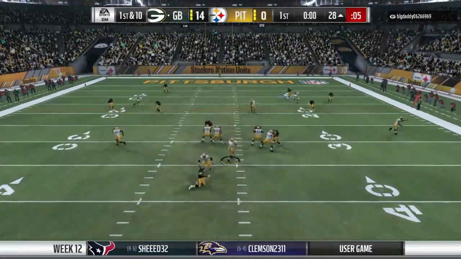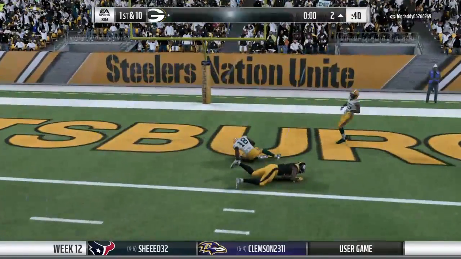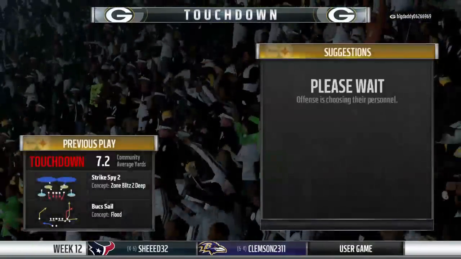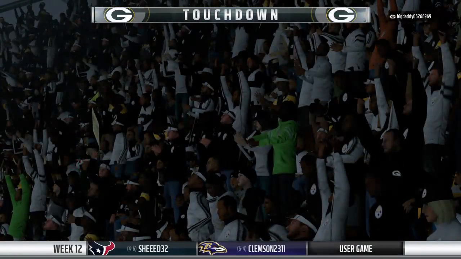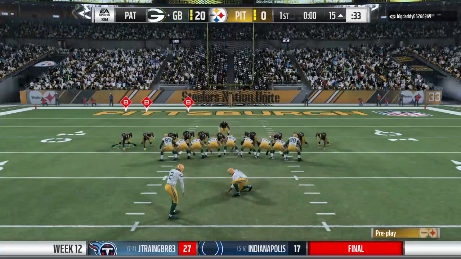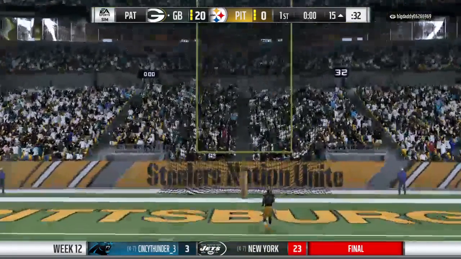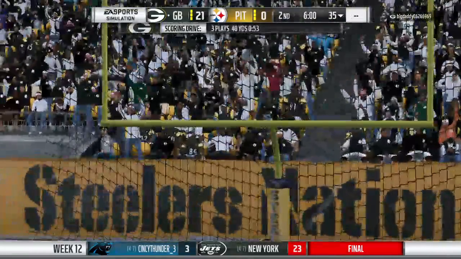On first and 10. Here's Rodgers. This will be caught inside the 10. And he will get this into the end zone. Touchdown, Green Bay. Randall Cobb, his 9th touchdown of the season. And the Packers add 6 to their lead. And it is now...